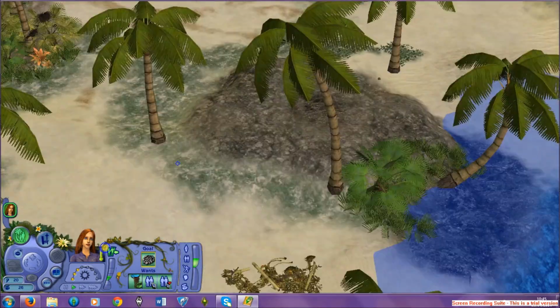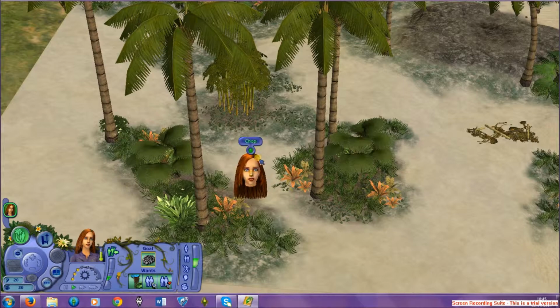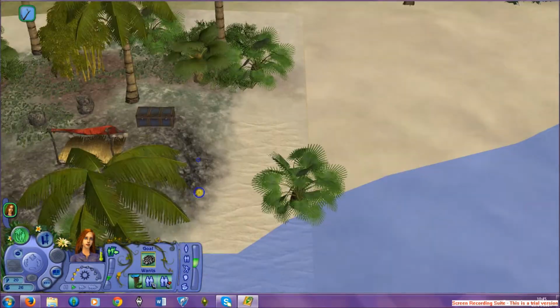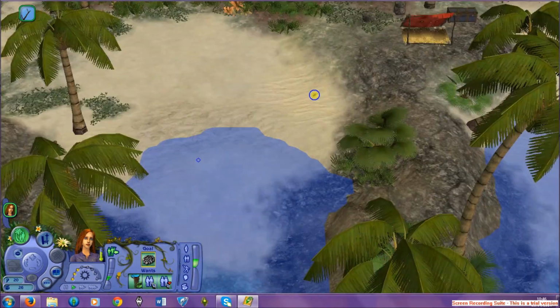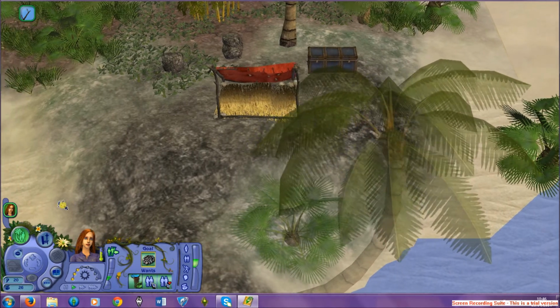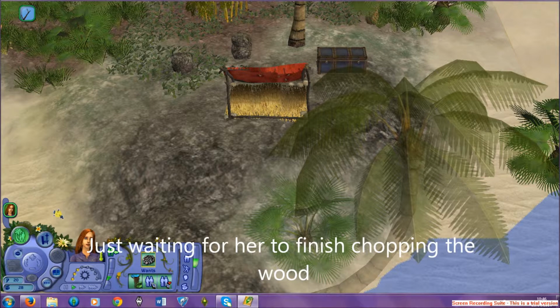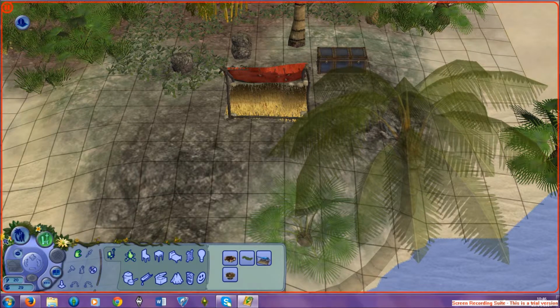First thing you do, scope around for wood, or fire, but first just try to chop this wood. See if you see any more wood somewhere. Actually there isn't any. Okay, now that she's actually done that,